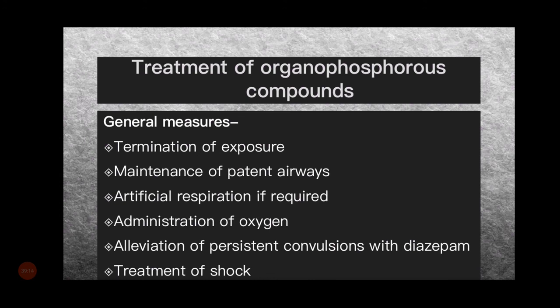Treatment of organophosphorus poisoning. General measures have to be taken immediately. You have to remove the patient from the site of exposure, terminate the exposure, maintain airways, oxygen, artificial respiration if required, alleviation of persistent convulsions with diazepam, and treatment of shock. So all these are symptomatic measures. You don't have to immediately look for